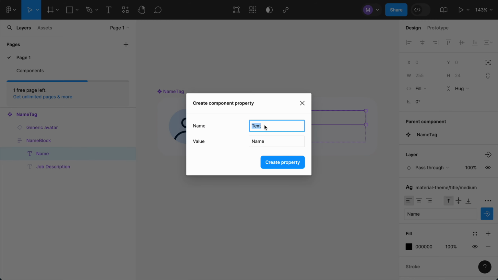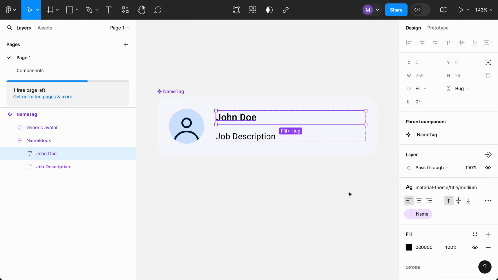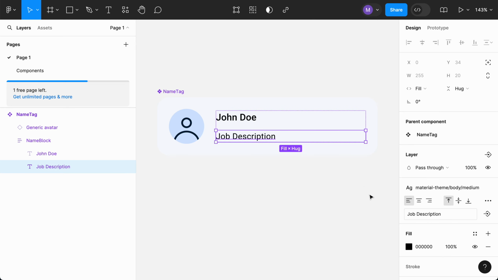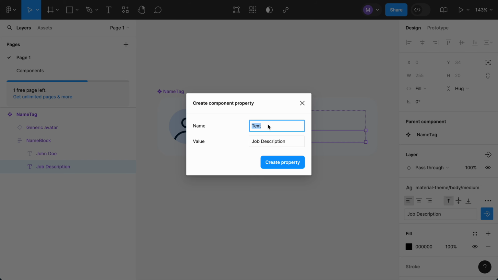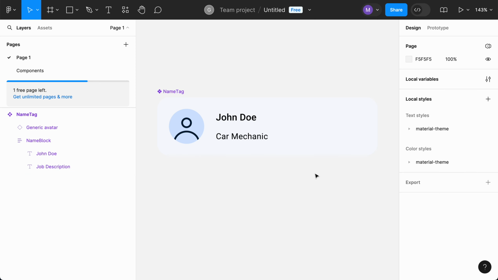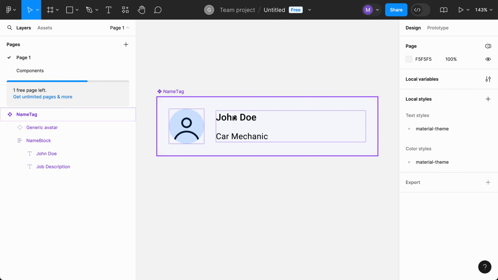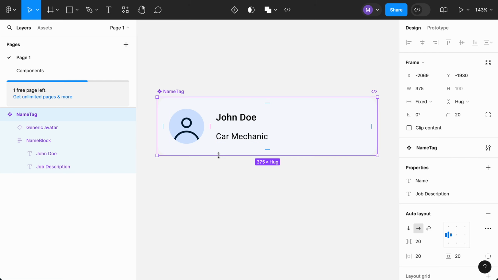Text property, the name is name, the value is name, or the value is John Doe, for example. Okay, so that's a text property. Similarly, for the job description, I can turn it into a text property, create property, job description, and here car mechanic. Okay, so we now have John Doe car mechanic as a name tag,